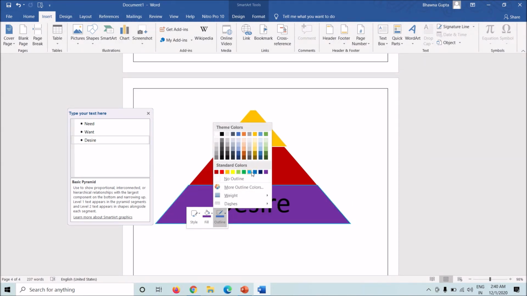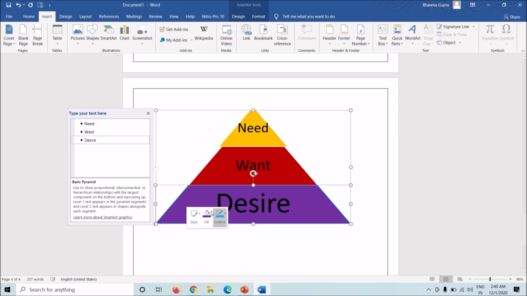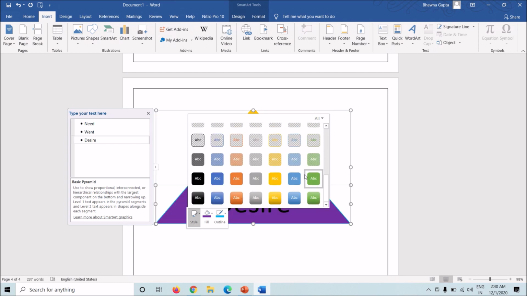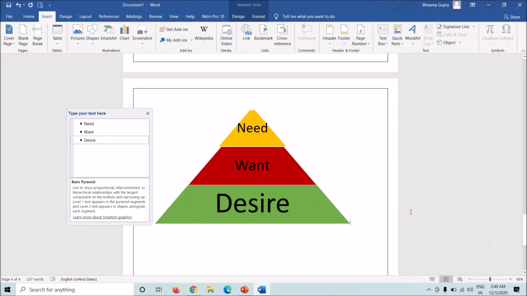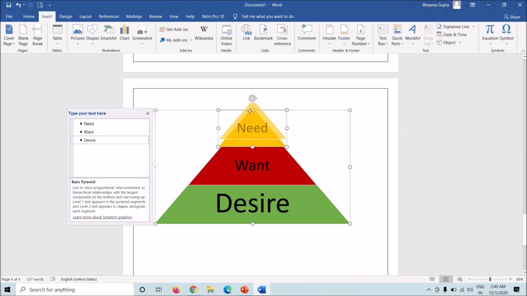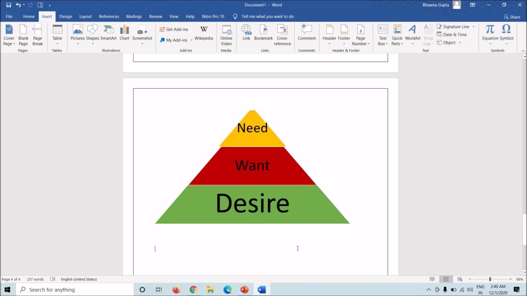As you can see, this is pretty much clear. You can change the theme style from here. So this is how you add smart art into your document.